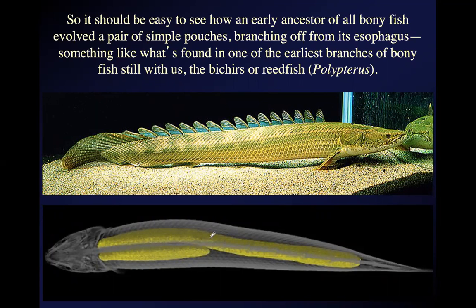And their use is to absorb oxygen from the air. And this is exaptation because the fish already has an esophagus. You're just taking what's already there and kind of stretching it a bit and adding some pouches, increasing the surface area that's available for absorbing oxygen. But you're building on structures and capacities that all fish already have.